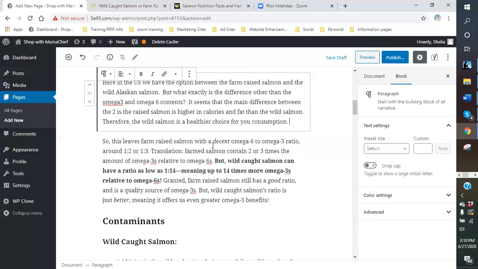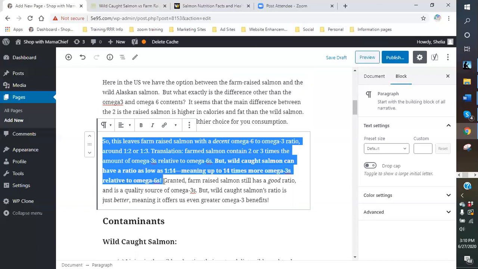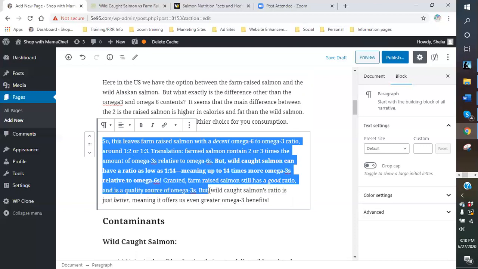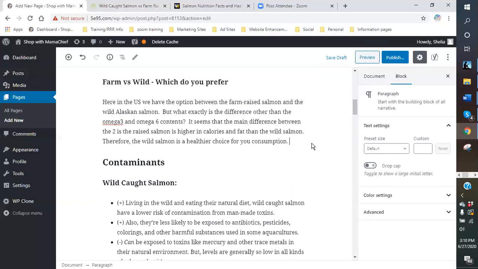We already said that the farm raised salmon has more omega-6 than that, so I don't need to put this in here. All right, so here I'm just going to put